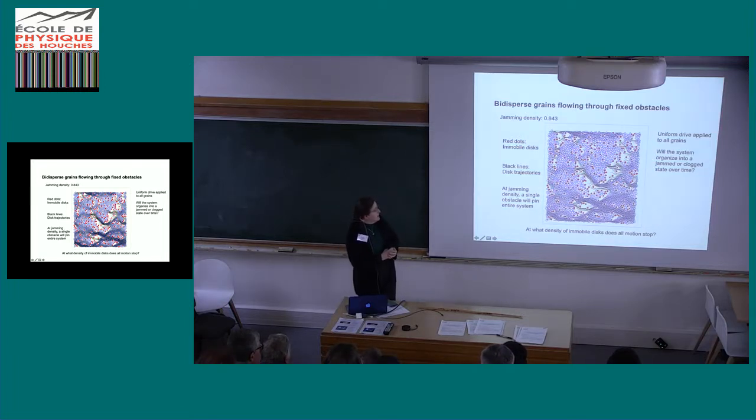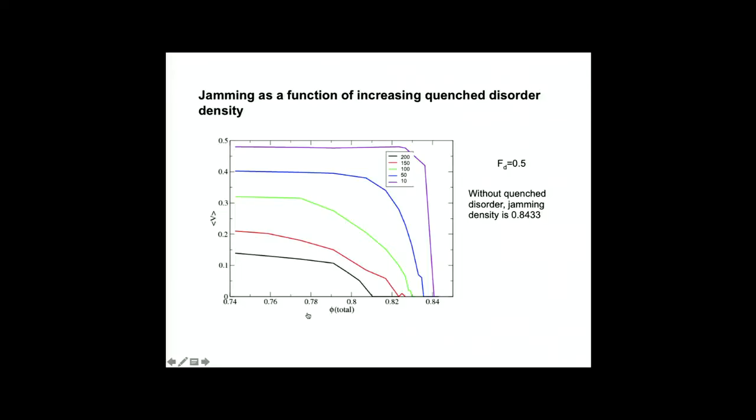So we decided to set up this simulation. Here are the red disks. We've just taken them and nailed them down, so they're not able to move at all. And then we put a drift force on all the remaining disks to see whether they can flow past or not. So if we're in our jam state, we'll get no velocity, and if we are not jammed, we'll be able to see motion through. So here the black lines are where the disks have moved.